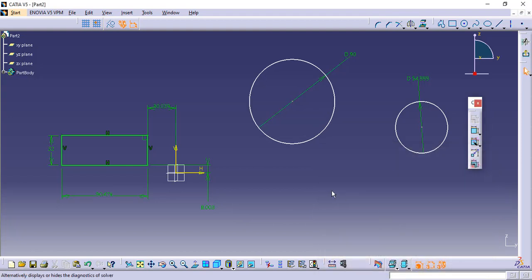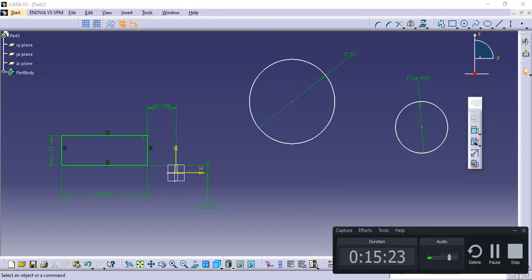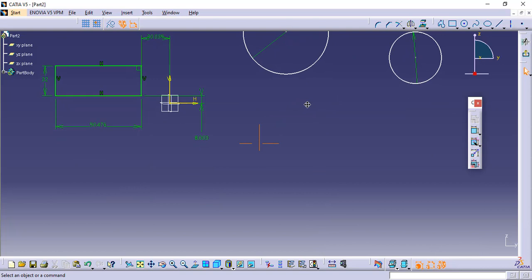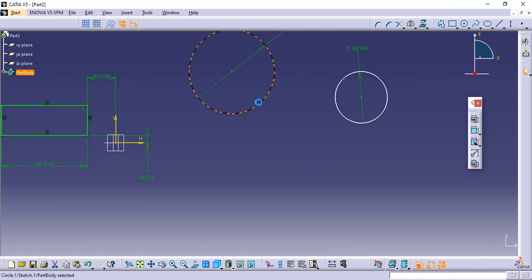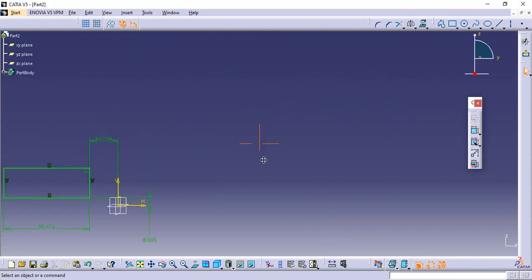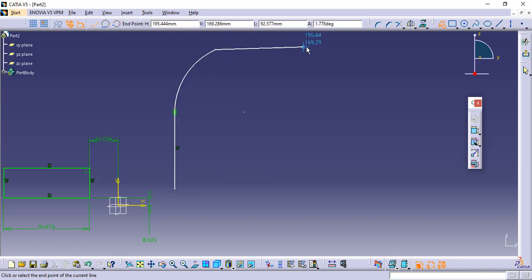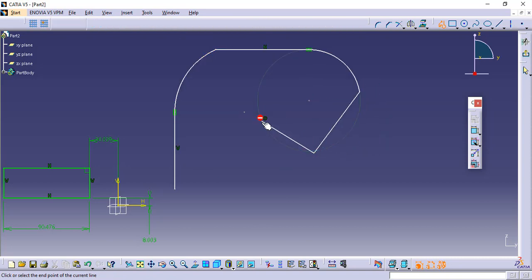Okay, I hope all the commands are clear to you now. Now I will make one example for you to make all the commands clear. I will make one sketch, make a line, profile line I have selected. I will select this curve. While using the commands again, you will become very friendly with all the commands, and you can use them in a very effective manner.